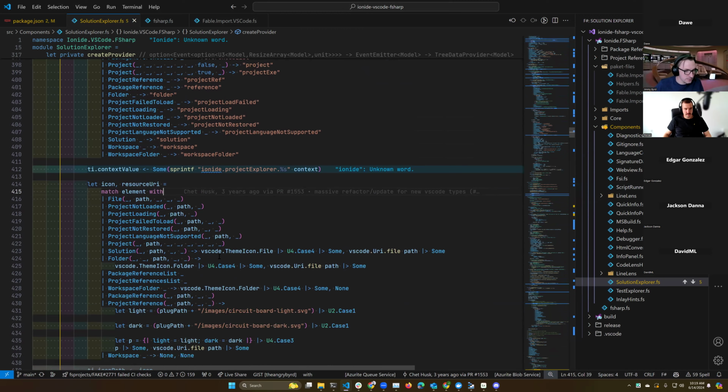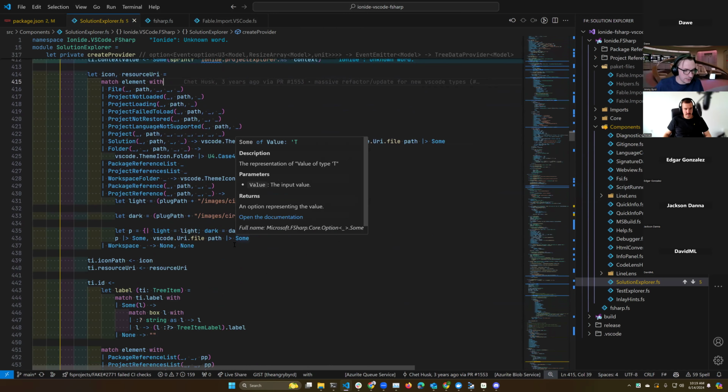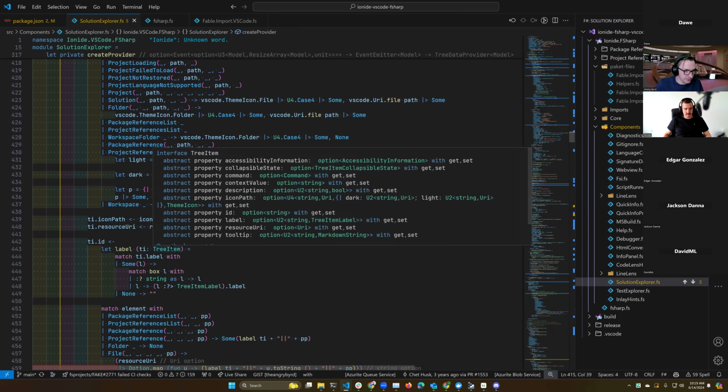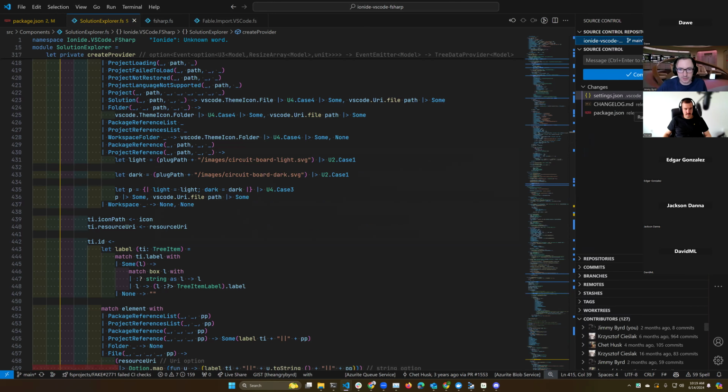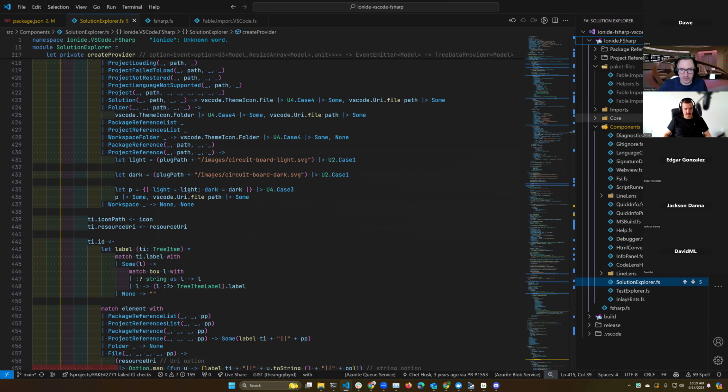I don't know if we can actually create a dummy element in a tree item, something that's not taking up a lot of space. Because that would be the other downside: now we'd have 20 items in here.